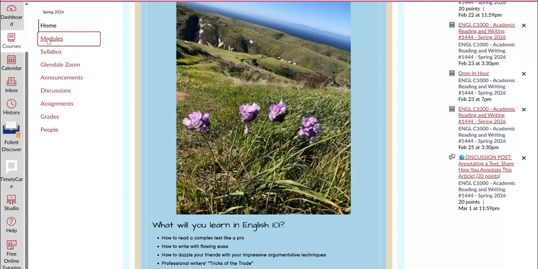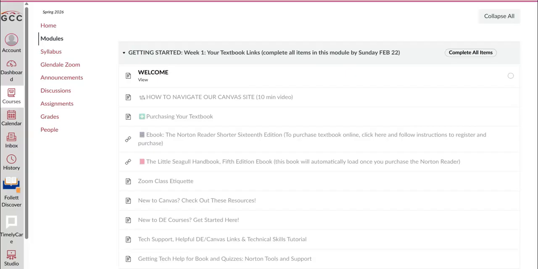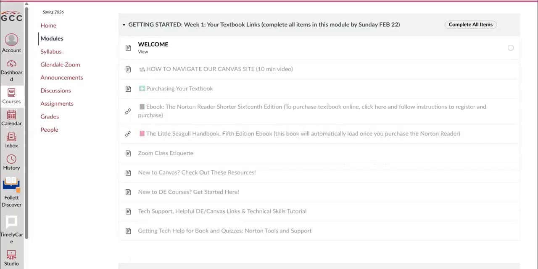So let's click on the modules. This is going to be your key to the kingdom, so to speak. I organize your modules by week. Each week I'll unlock week 1, week 2, week 3, and so on. And in each module, I'll give you different resources, pages, readings. All of this is meant to help you with the assignment for that week and to help you learn a